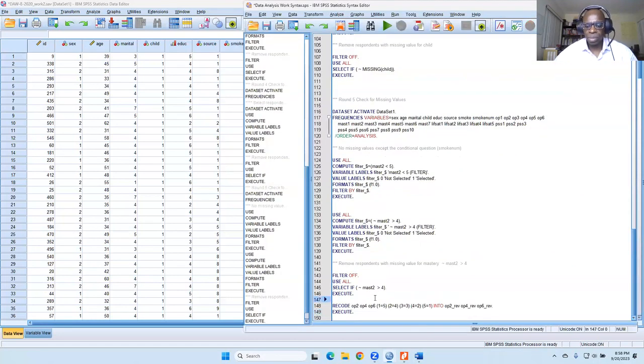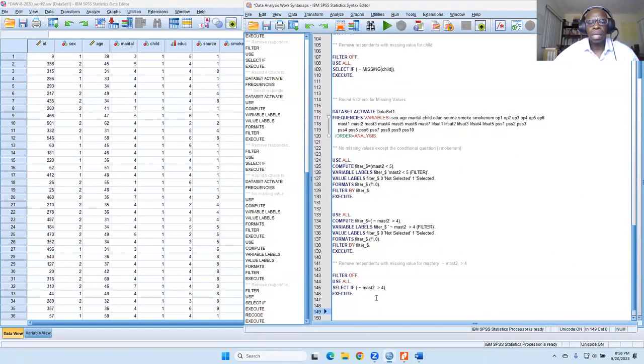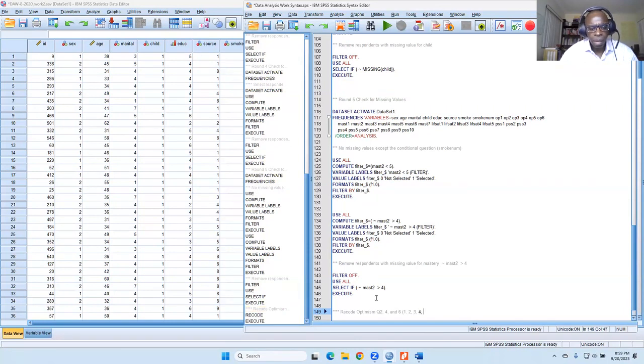So now we're going to say recode optimism Q2, 4, and 6. 1, 2, 3, 4, 5 into 5, 4, 3, 2, 1.